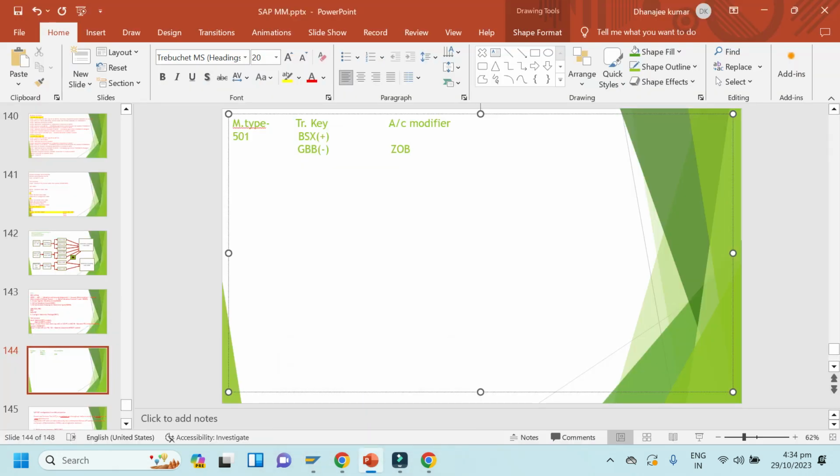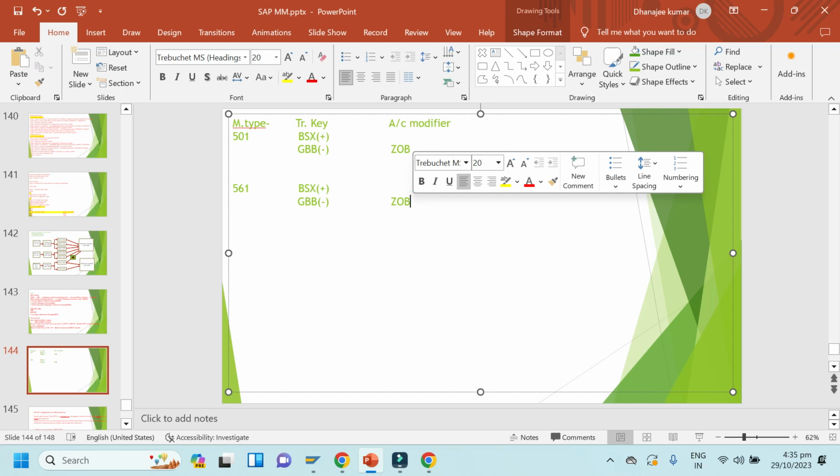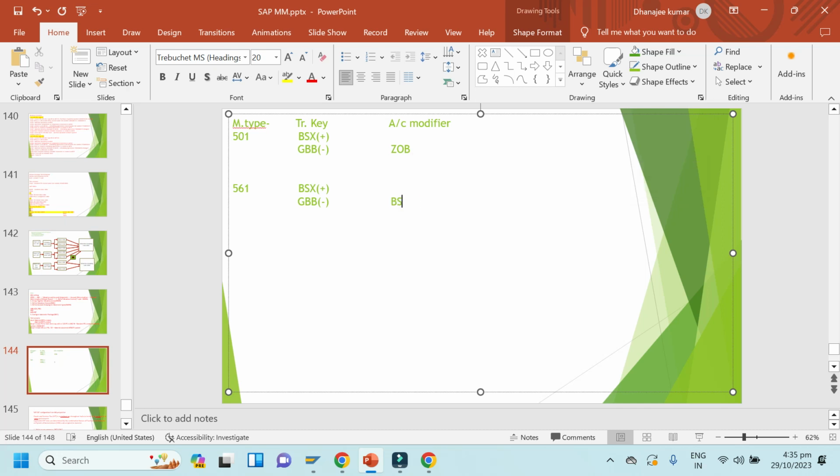Okay, next 561. Just copy this: BSX plus, GBB minus here. What will be the modifier here? BSA. I already told you, right? BSA.